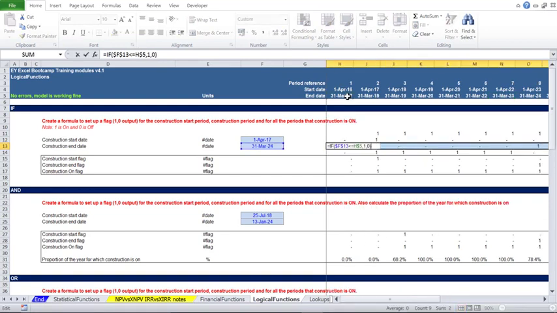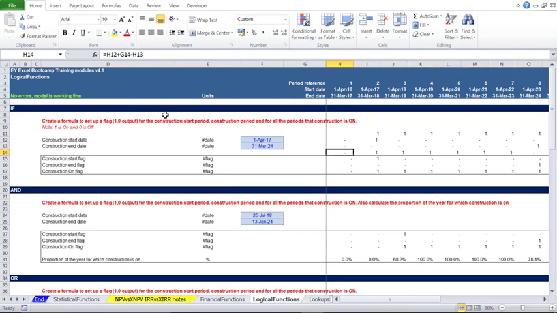We need to amend the formula for construction end date to make it equal to the year end for a particular year. And now you can see that the construction period has been formed from the start date to the end date. However, if we want the construction to end on the last day in the year which the construction flag ends, we can amend our formula by saying